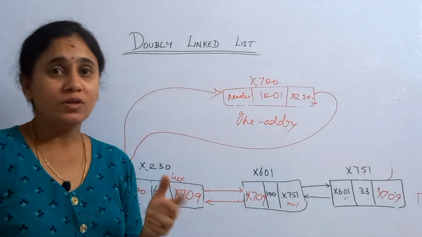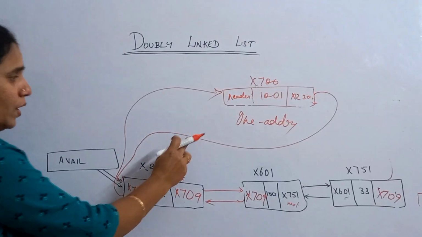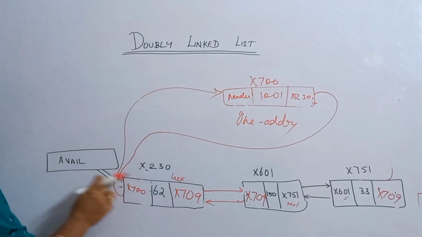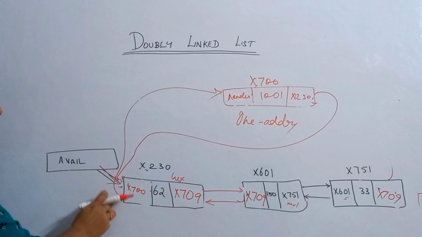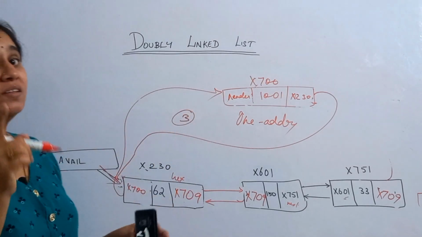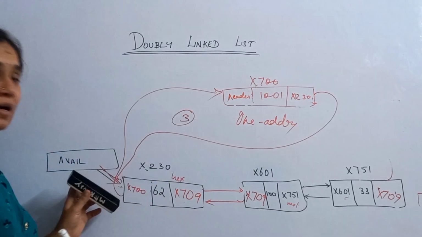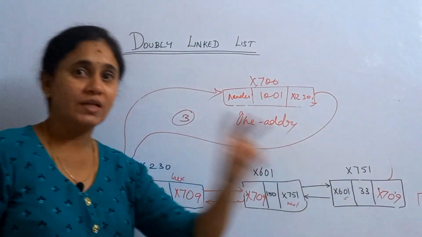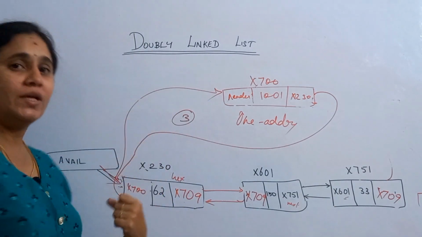So how many pointers have we changed? 1, 2. So we have changed 2 nodes. Along with this, the header will also come, because once again we are attaching the header to a new node. So here we have 3 pointer replacements along with this avail node. Can you understand? So for the last node insertion I need 2, for the first node I need 3,